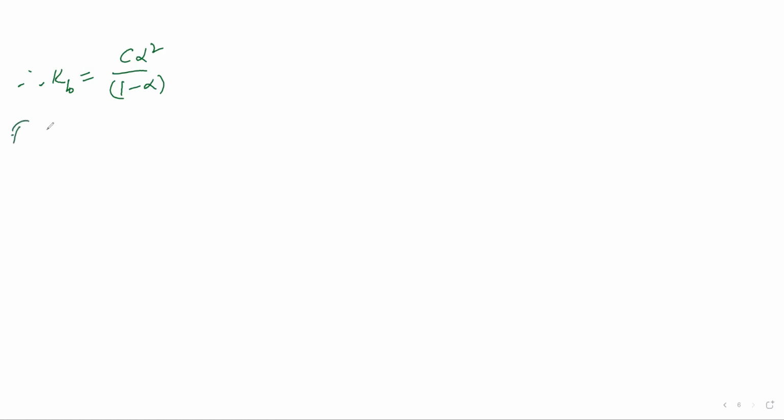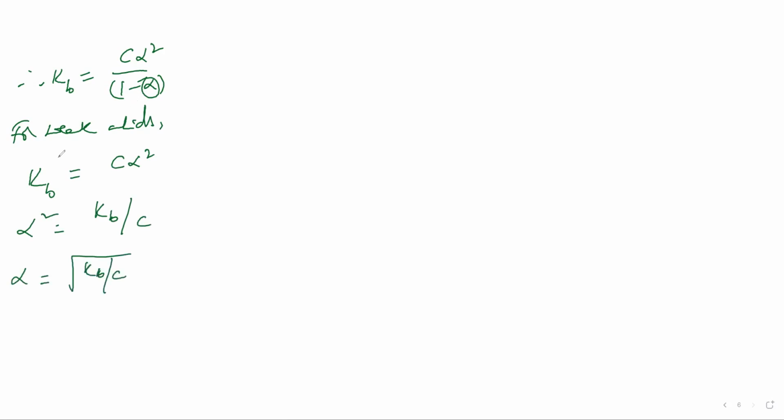Okay, but for weak bases, Kb becomes, here this alpha can be neglected, C alpha square. Similarly, alpha square is equal to Kb by C, or alpha is equal to square root of Kb by C. Okay, now this is the alpha expression, right? So this is about strength of acids and bases, how we can determine. So next question is,